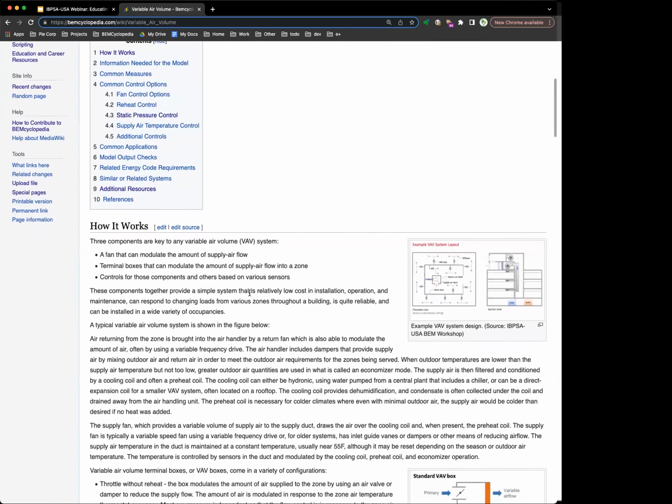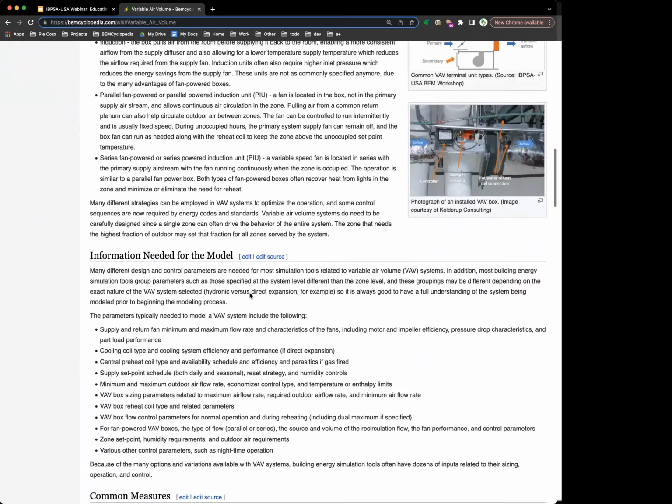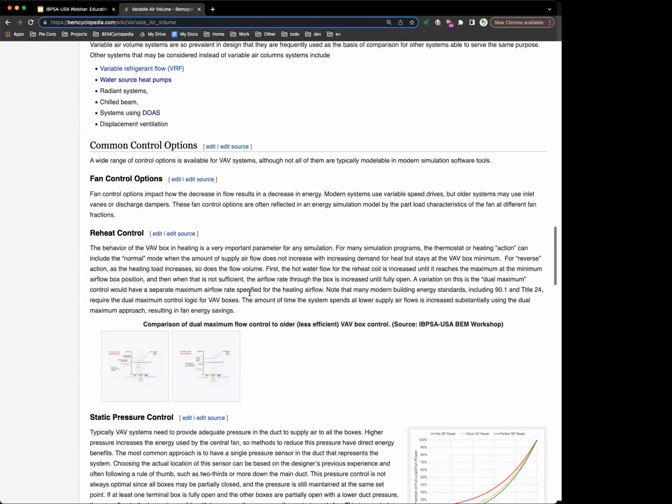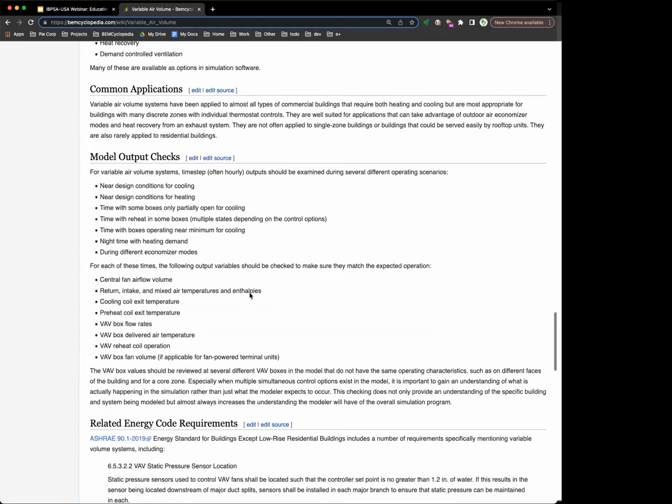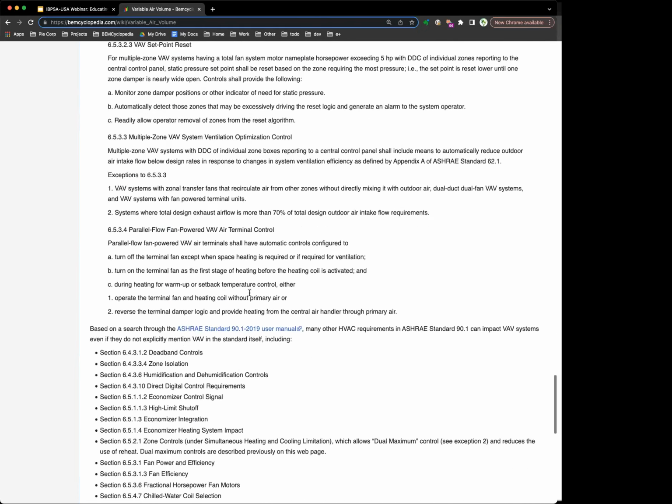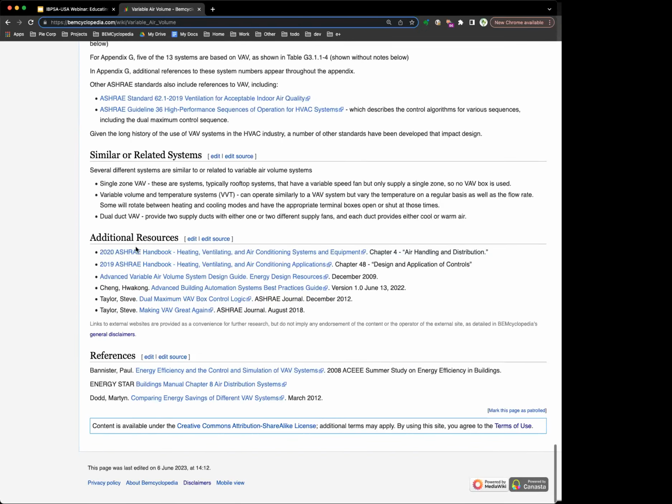I'll also point out, if you scroll to the bottom of this page, and really most of the pages on this website, what we've done is, for additional reading, we've created a series of links for additional resources. So here we're linking to various other things where you can learn more about this VAV system in this particular example. And also references. We've tried to do a really good job in citing our sources so that you can understand where the information on these pages is coming from. And again, look to those resources for additional information if you wish to read more about them.